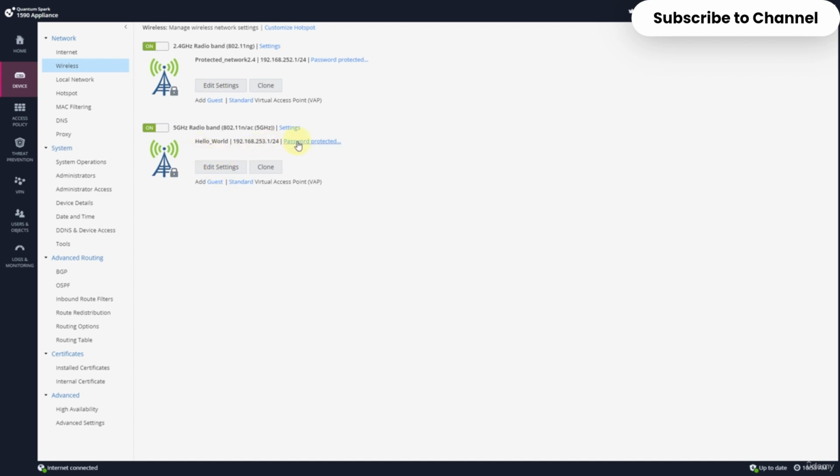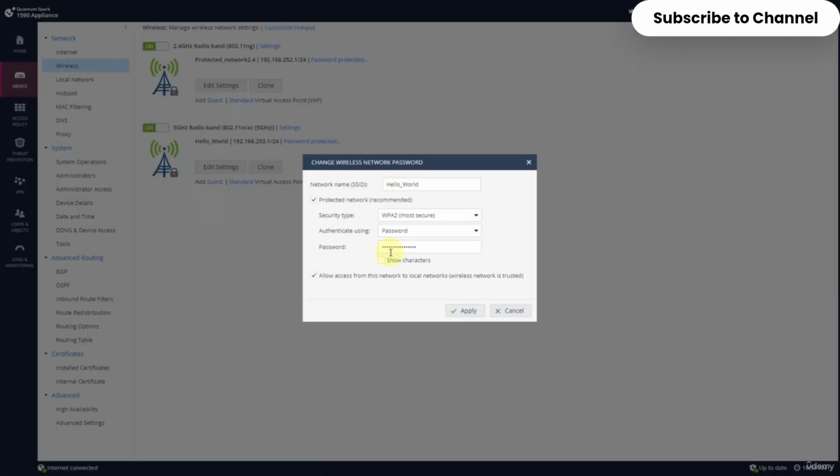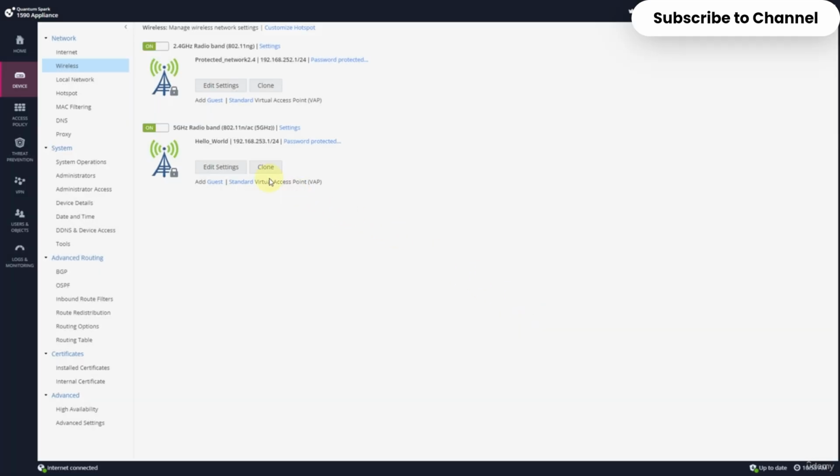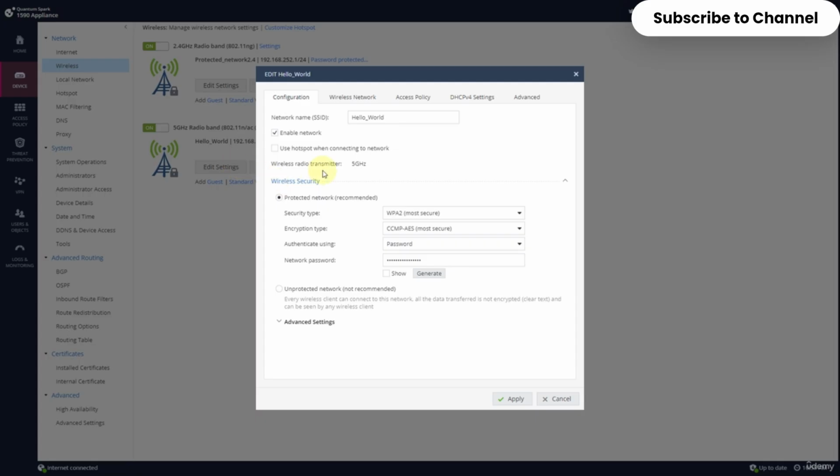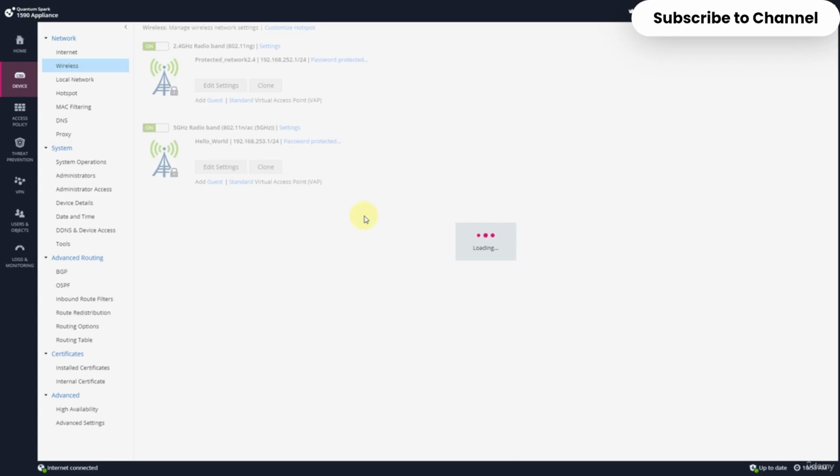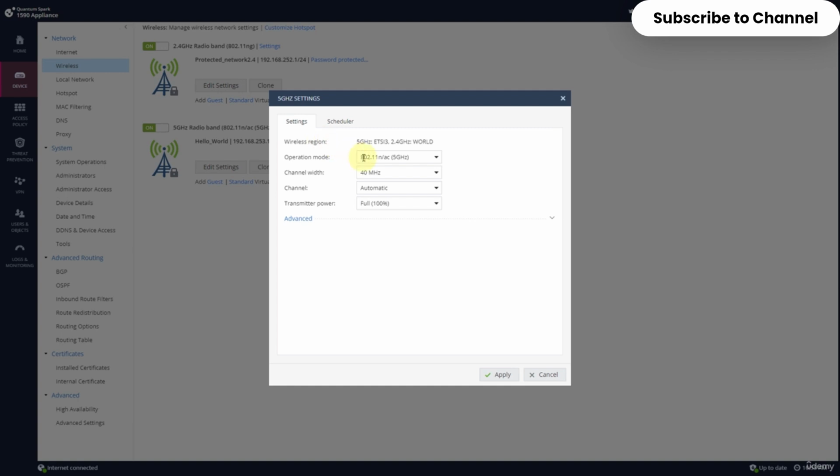I can go to password protected. I can modify only the password if I want to. Press cancel. I can go to edit settings, see those settings again, same settings, of course. If I click here, the settings on top, this is the actual radio settings. So if I click on that, I can see the frequencies that will be used, the transmitter power that